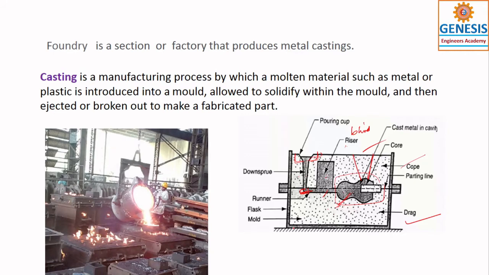This is called the molding flask, or sometimes boxes. The one which provides the place for the runner, the down sprue, and the riser, we call the cope. To fix it permanently, that is, without any distortion in the mold cavity, we also use pins. So that is all for the description of these parts.